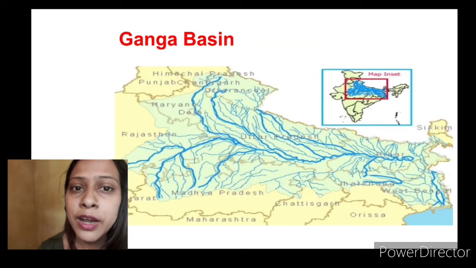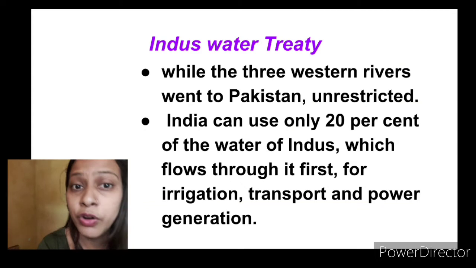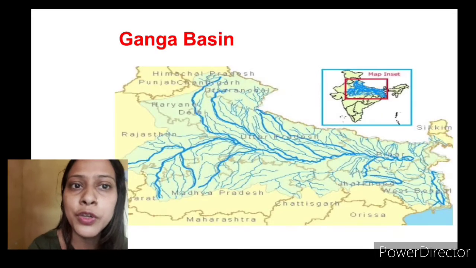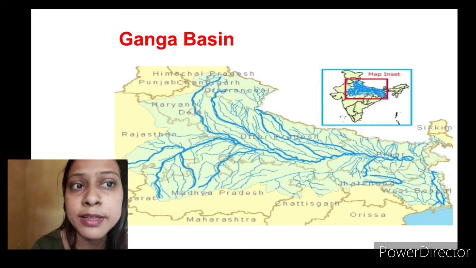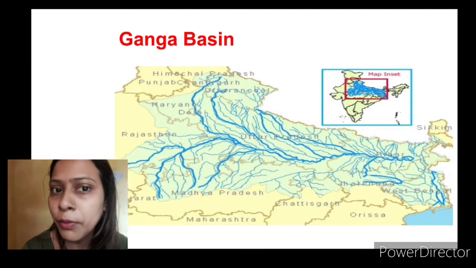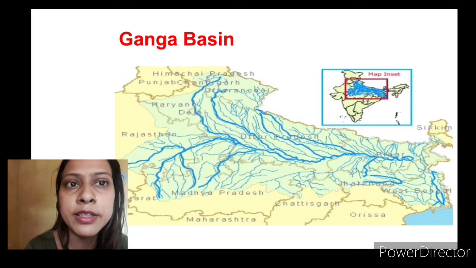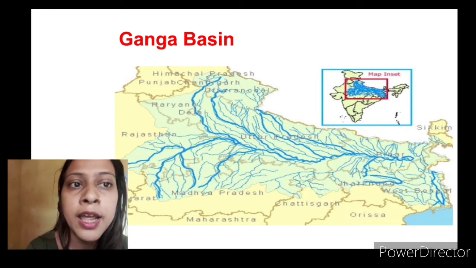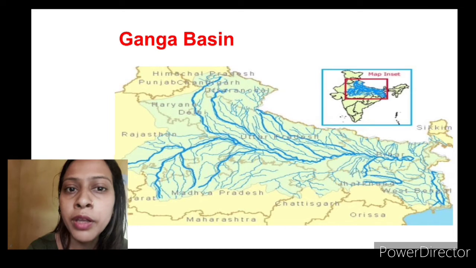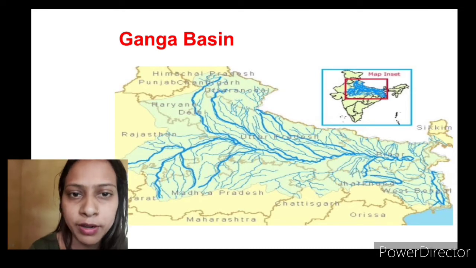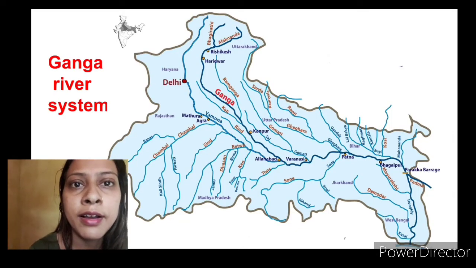So next we are going to discuss the Ganga basin or Ganga river system. First of all, you check the map. The blue color one, the greenish one, is the Ganga basin. So you can see from the India map also which part it is. The Ganga basin originates from Uttarakhand and discharges its water through West Bengal to the Bay of Bengal. Okay, so this is the Ganga river.